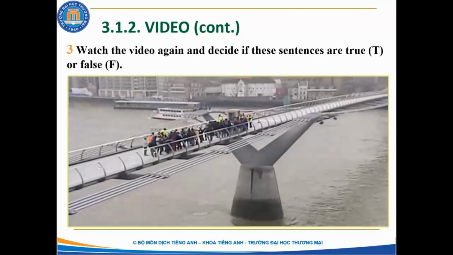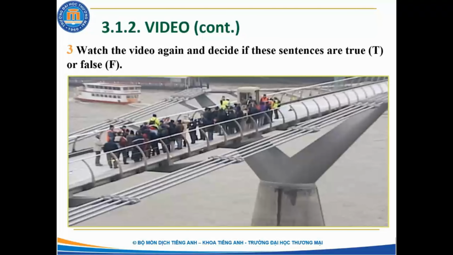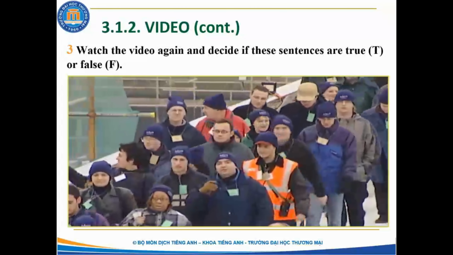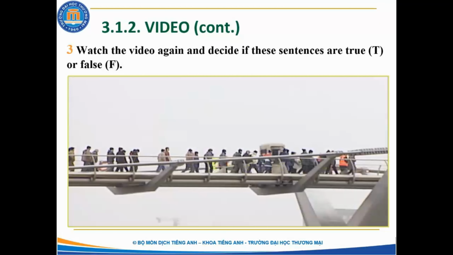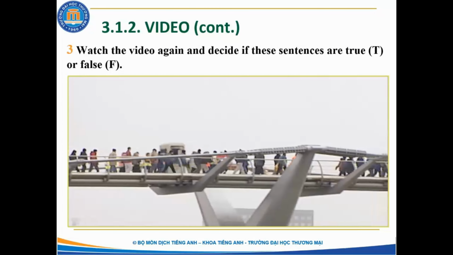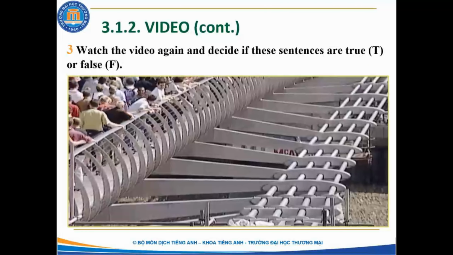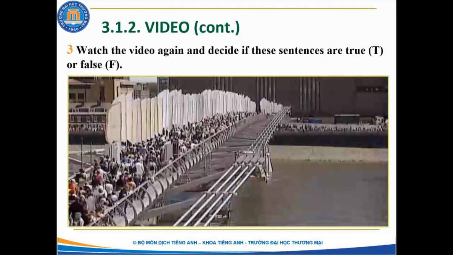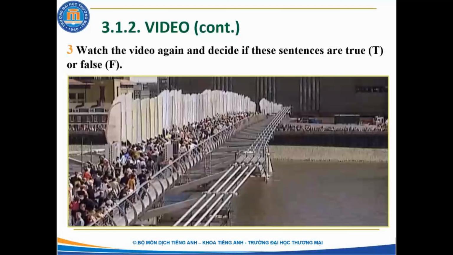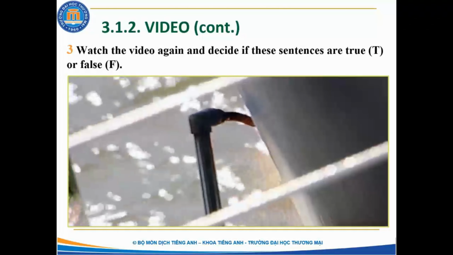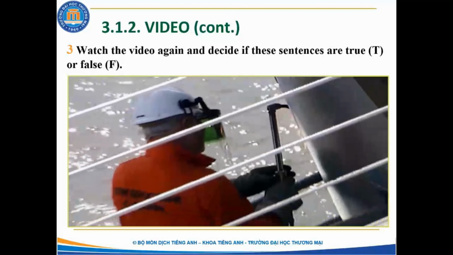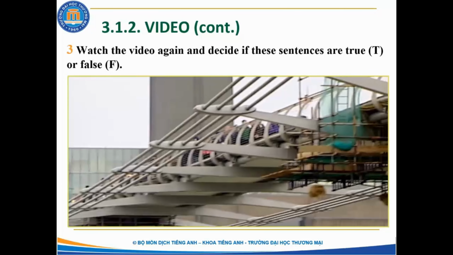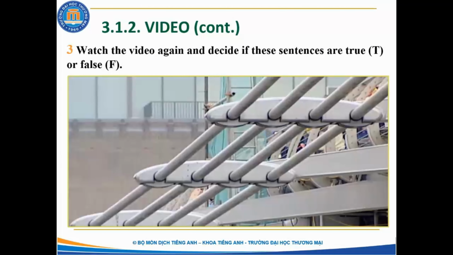The investigation was complicated and took a long time. The engineers found that the cause of the problem was the way people's bodies reacted to the very small movement of the bridge. The bridge's slight movement caused people to walk differently, and the change in their walking made the bridge move more. Engineers came up with the solution of attaching additional parts to the bridge to stop the movement. The work resulted in even greater budget and schedule overruns.